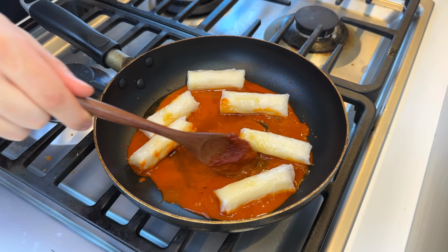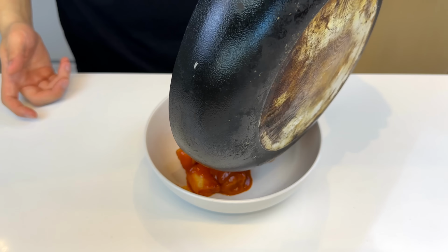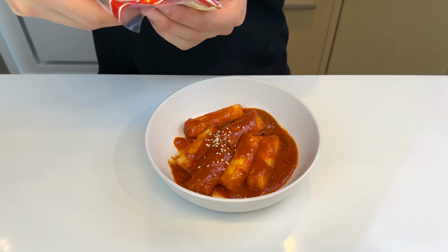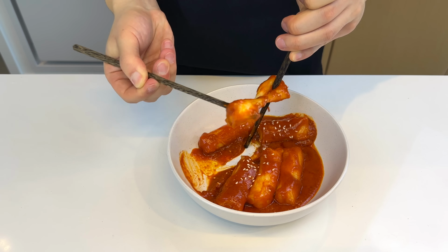I mean, there's nothing raw in here. We're just trying to melt the cheese. This is starting to look like one of those legit Korean spicy rice cakes. I'm gonna top it off with some toasted sesame seeds. I didn't toast them. I feel like not only the cheese is gonna pull, the rice paper, when boiled, it